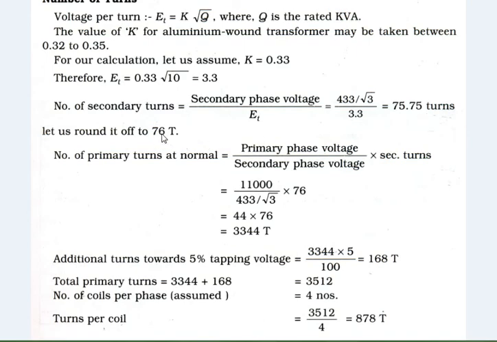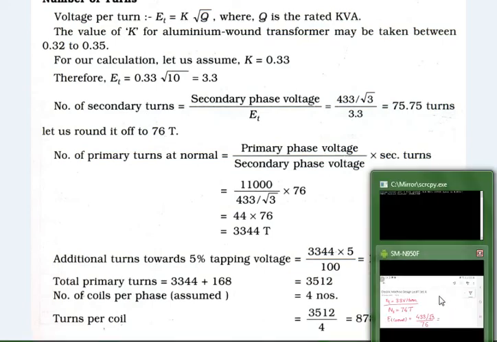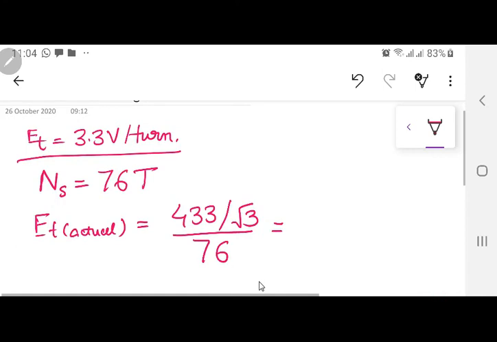Okay, for your sections I am going with the same design that is done in this book. I am using the same value. Maybe some calculations today I will do a little differently, but up till now, whatever has been done up to page number 81, this table, is the same design as the book. Today I am going to take this value of 3.3 and the 76 and do my own calculation over here. Read calculators.